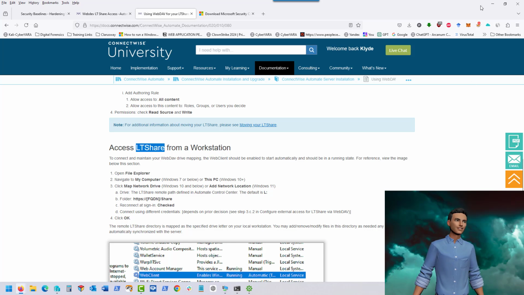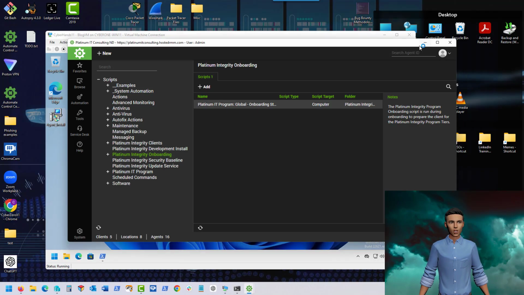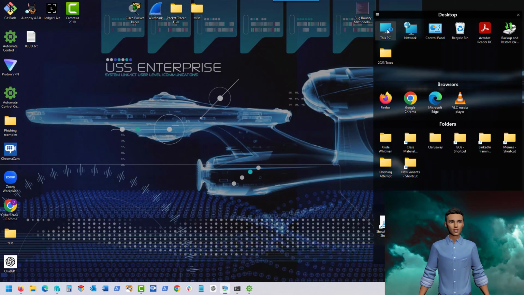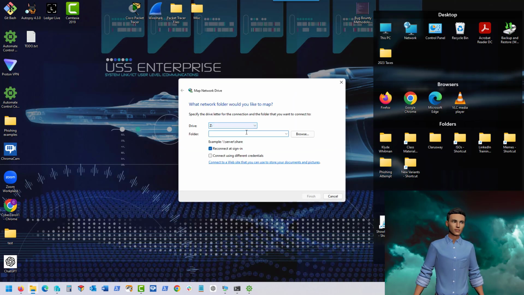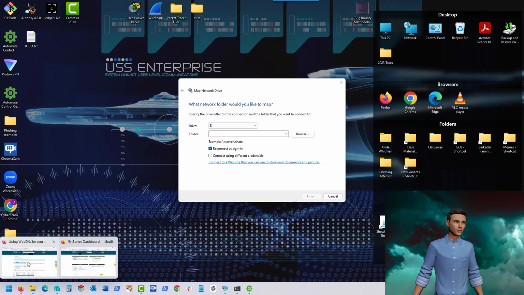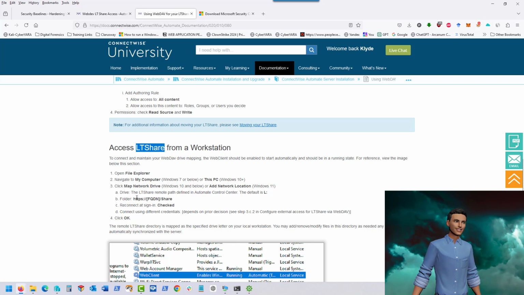Okay? So to do that, it says open File Explorer, navigate to My Computer, This PC, click Map Network Drive, add network location. I'm going to minimize all of this, and I'm just going to right-click on This PC and Map Network Drive. And I'm going to map it to the Z drive. Now this says, going back here, it's HTTPS, fully qualified domain name, FQDN, and then the share. So this should be